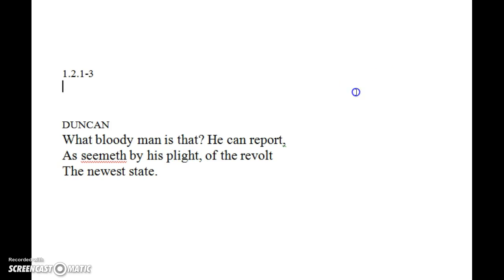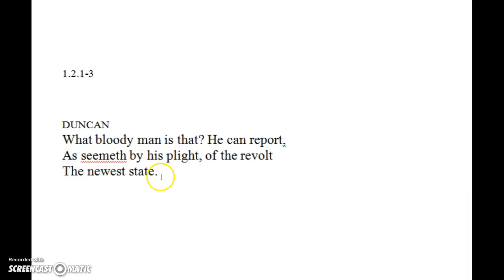So in this case, Duncan sees a man who's covered in blood, okay? And he wants to know who that man is, but he also wants to know how the battle's going. And what man better to tell of the state of the battle than a man who's been in the battle? And how do you know that somebody's been in the battle? They're covered in blood. So when he says over here, "he can report, as seemeth by his flight, of the revolt the newest state,"